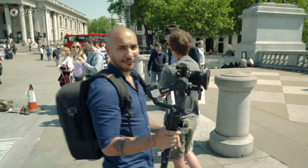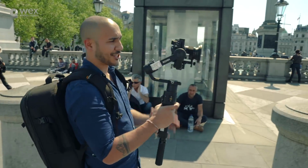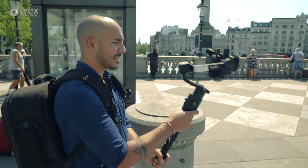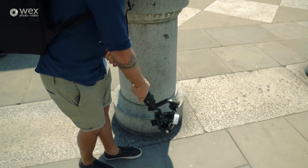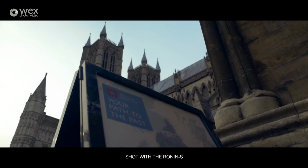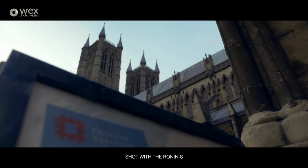So it just means that it's quite flexible for when you're walking around. But yeah, I mean, it's best used for when you're doing low to high. So if I click that in place now, bring it down all the way to the bottom, and up like a little jib shot, actually works really well. You don't have to change any of your settings, it's just a click of a button,